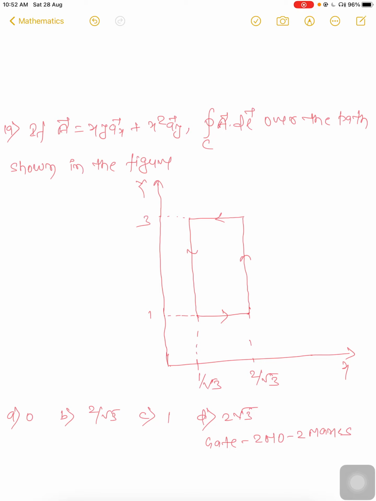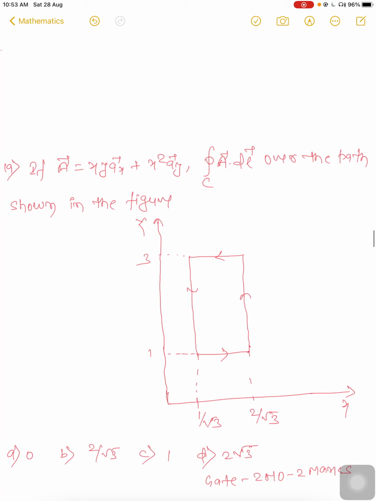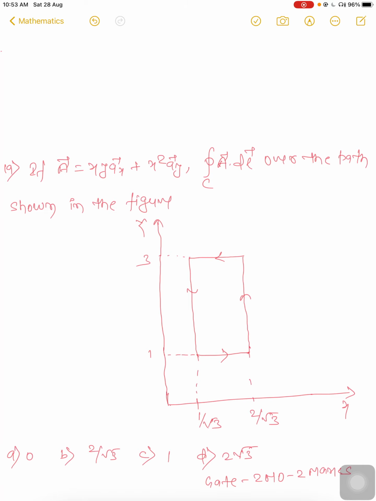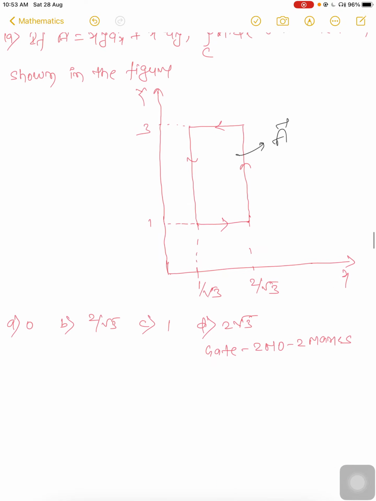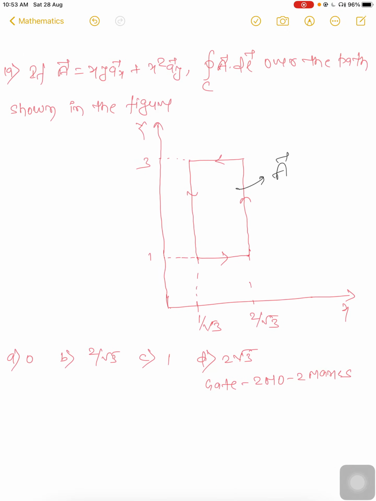If a vector A is given as xy ax unit vector plus x square ay unit vector, we have to find out the closed integral A dot dl over the path shown in the figure. We have to integrate this curve. A is the curve vector, and we have to rotate the path. Okay, so